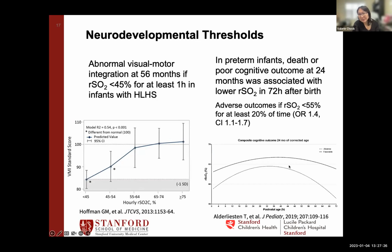If we go back to our preemie population, this is a large study by the Dutch group, 734 babies. When they looked at the outcome of death or poor cognitive outcome at 24 months, using the Bayley 3 exam, you can see that these are kids that had lower cerebral saturations in the 72 hours after birth. They were more likely to have adverse outcomes. And the threshold that they found was a cerebral saturation of less than 55% for at least 20% of the time. So again, in general, this sort of 45–55% range, we need to be concerned from cellular evidence, radiographic evidence,